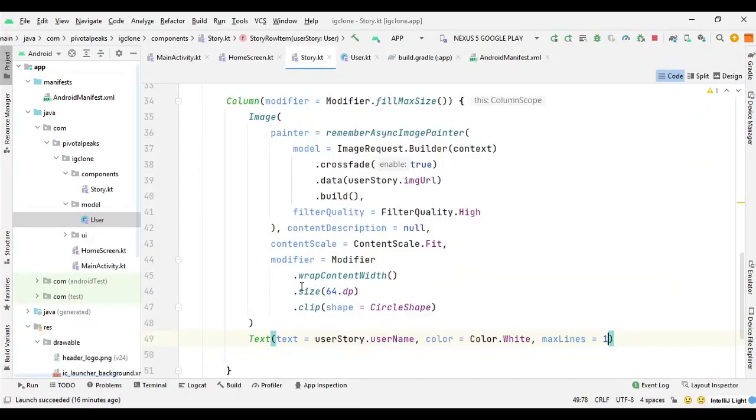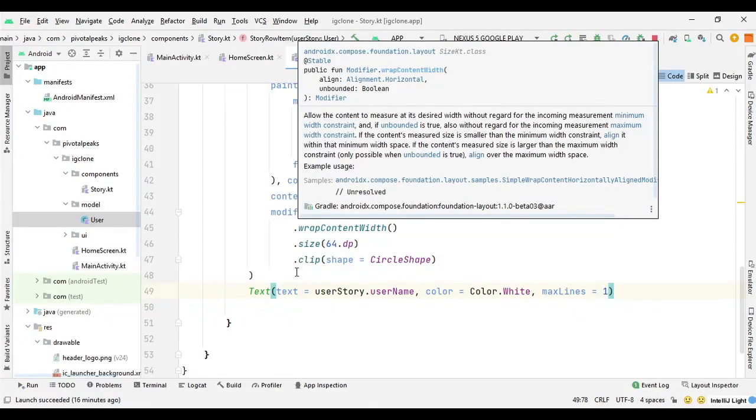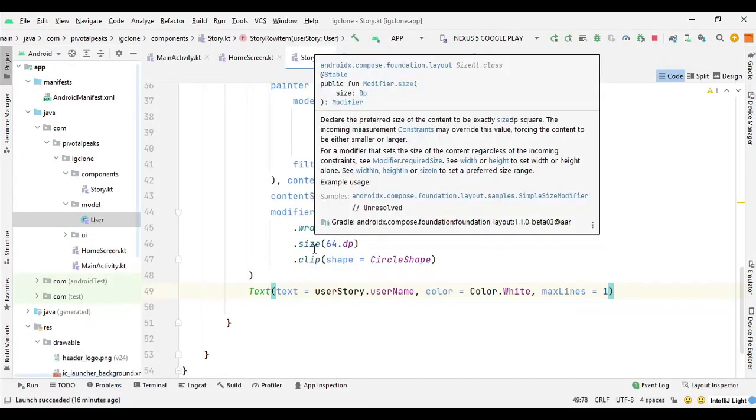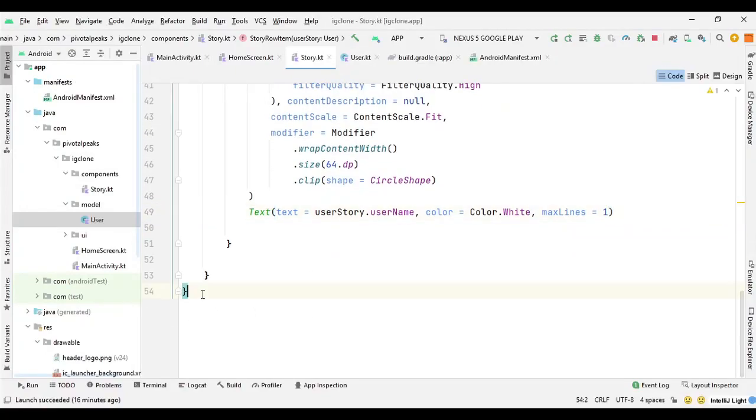Now we need to build a function where we can display the multiple stories from multiple users. So we will create a stories function, and inside that function we will call this single story row item to render multiple stories. So let's do it.